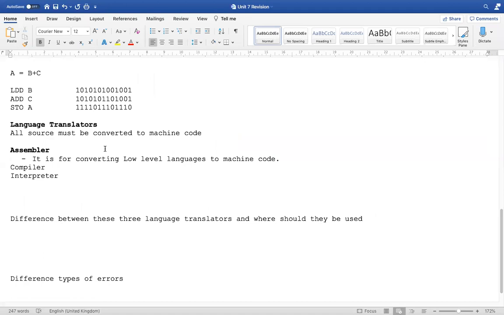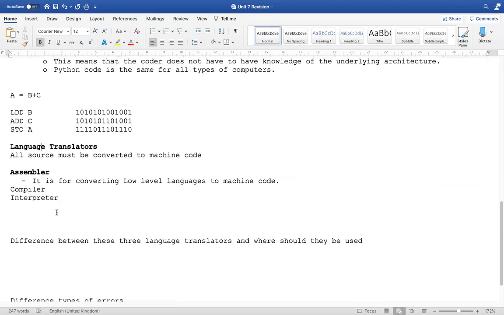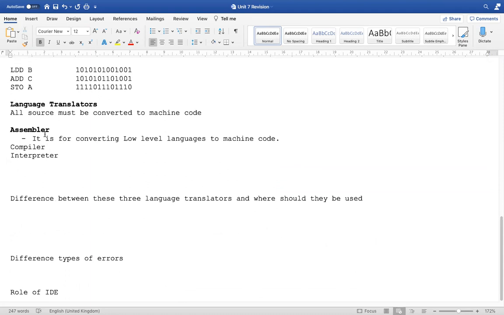Now, I'm going to pause this video over here, and we're going to continue with the discussion of the differences between language translators, assembler, compiler, and interpreter, and then we'll look at the different types of errors, and finally the role of the